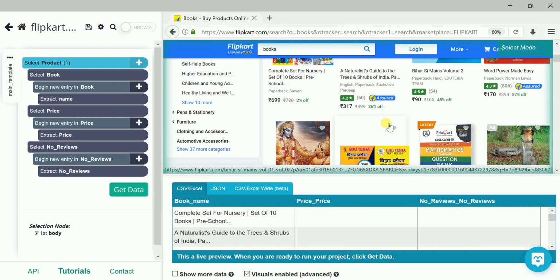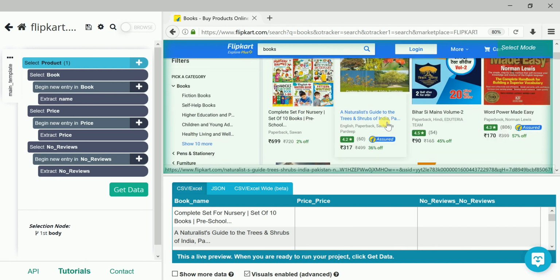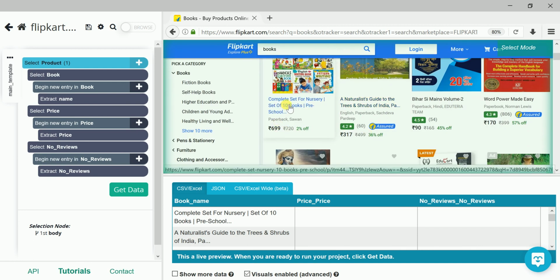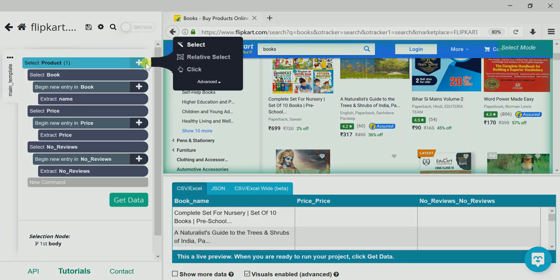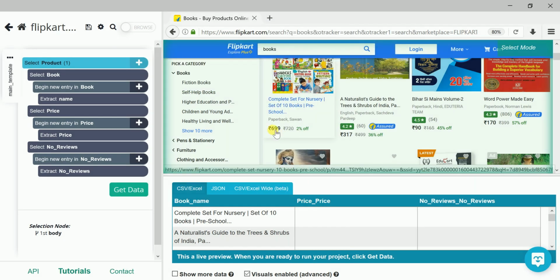And next thing, when you select a different format, not the name, maybe the price, then you need to go here again, select this, then you select the price. Then for the same format in a different product, you don't need to go for select, you can select directly here. Okay, I hope this technique is clear.